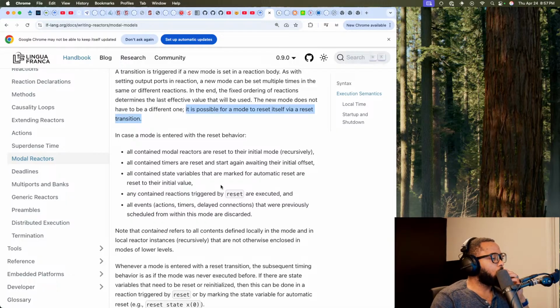In case a mode is entered with a reset behavior, all contained modal reactors are reset to their initial mode recursively.